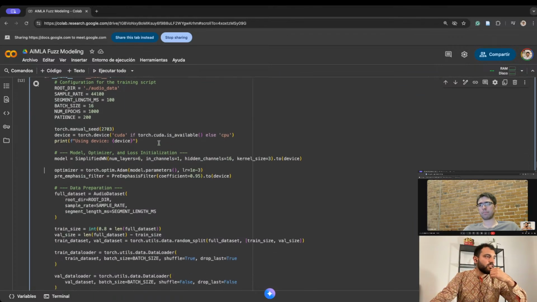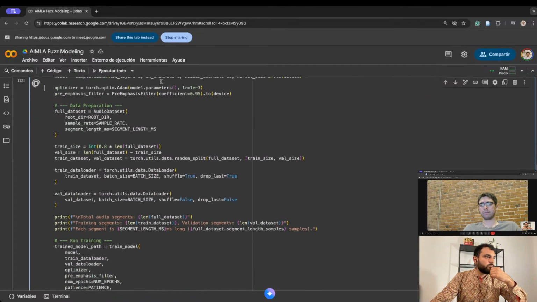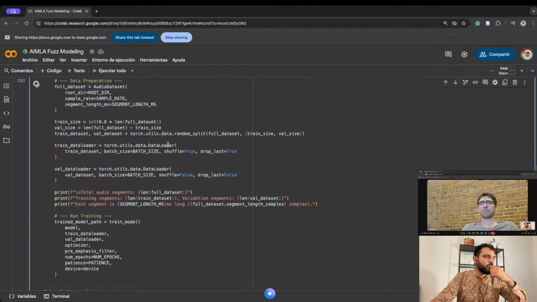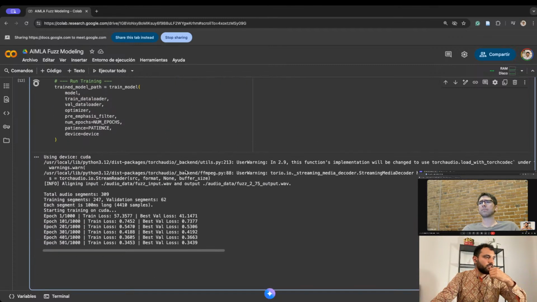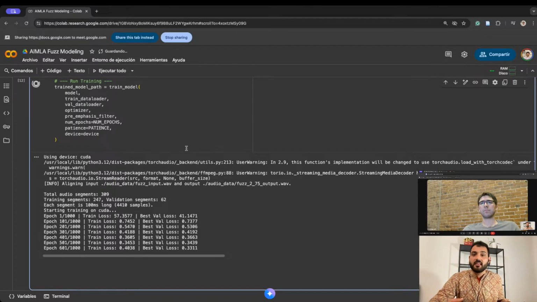And we're training with a specific optimizer. We are using the data as we saw before, and as we see, the loss has started to decrease. In a few epochs, we're going to have the model trained, and we can take a look at how it is performing.